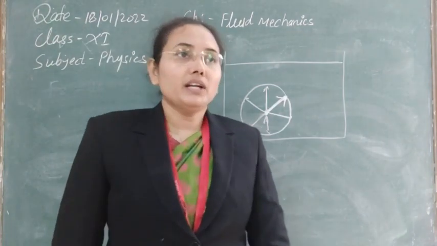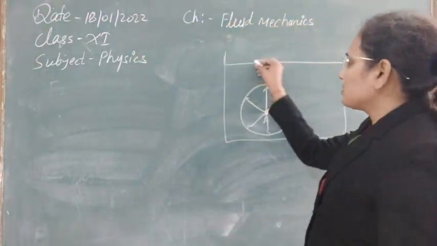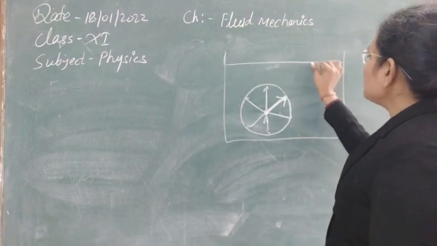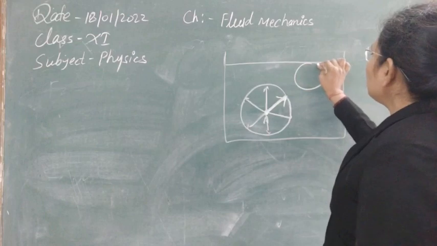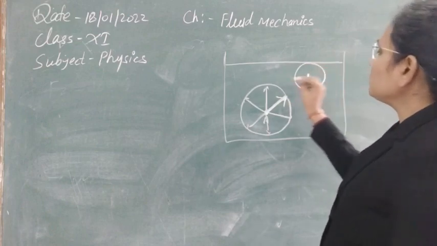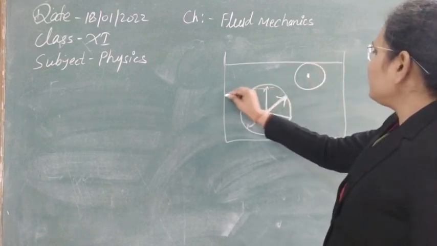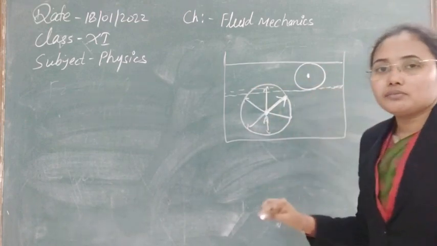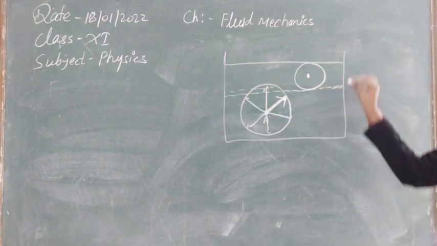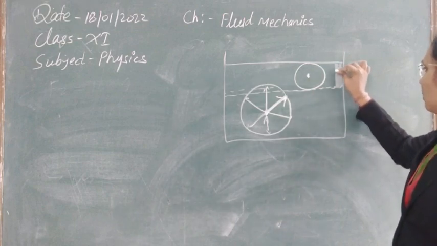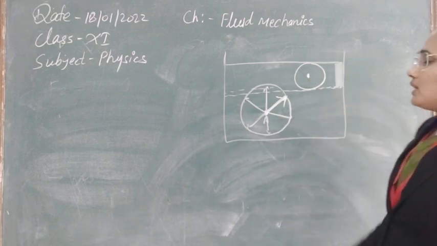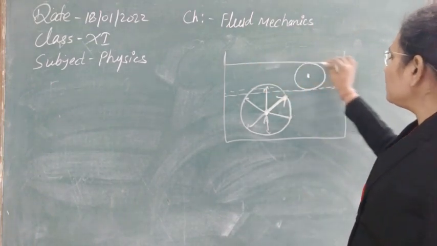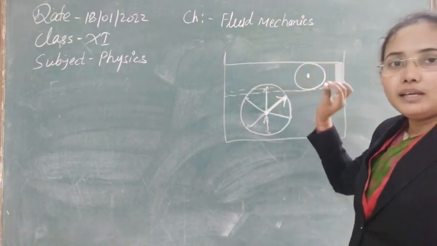But when we come to the topmost layer, suppose there is a molecule for which we have drawn the sphere of influence. Suppose for this molecular range we have drawn a film here. This film, the topmost layer, is known as the surface film. So this denotes that molecules can be present only up to this point.